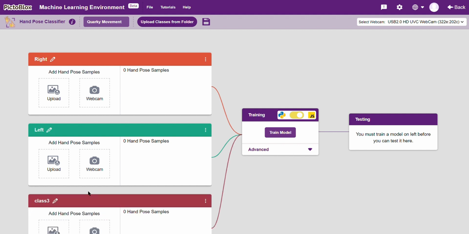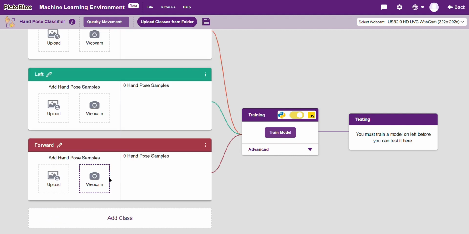Now we are going to add one more class, the third one for up, or we can say forward, and the next class